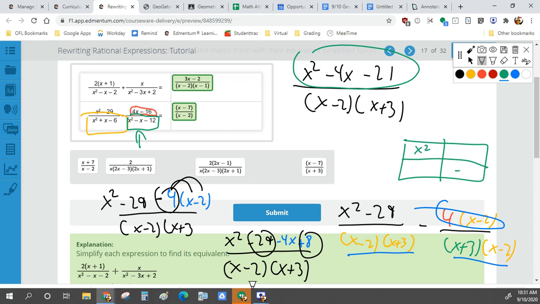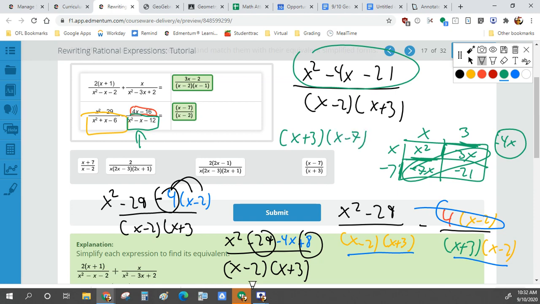This is x squared, negative 21. Negative 4x is our remainder. I want a negative number in the middle, so I'm going to try negative 7 and positive 3. That makes this negative 7x. Negative 7 times x, negative 7x. x times 3, 3x. Guess what? If I add these two boxes together, I get that middle number. So this means I can rewrite the top as x plus 3,